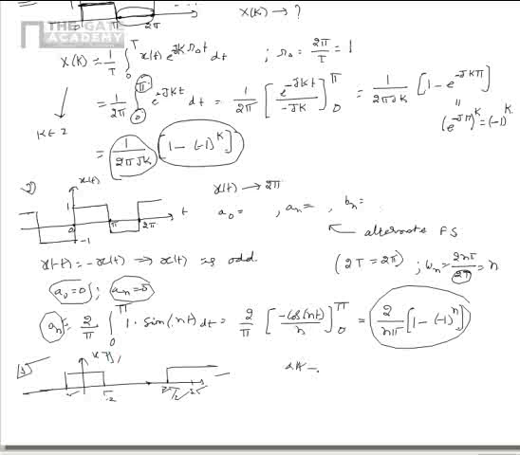That is, the given signal x of t is periodic with a period 2 pi as shown. So the one period of x of t is marked. So here we see that x of t is say 1 from 0 to pi by 2 and from 3 pi by 2 to pi, and it is 0 from pi by 2 to 3 pi by 2. Now we have to